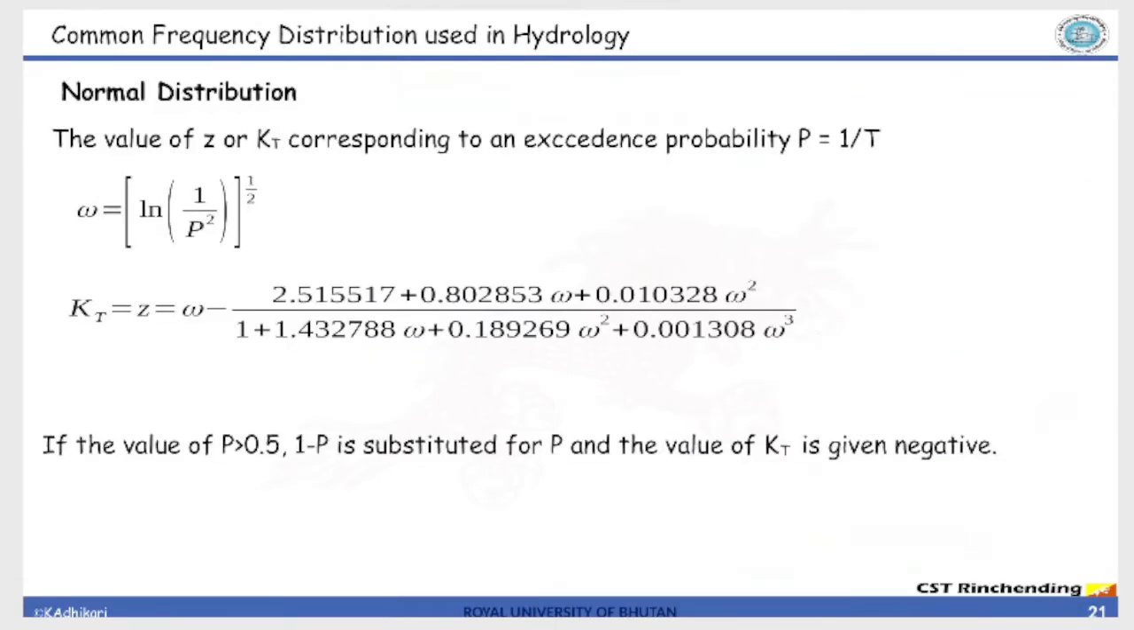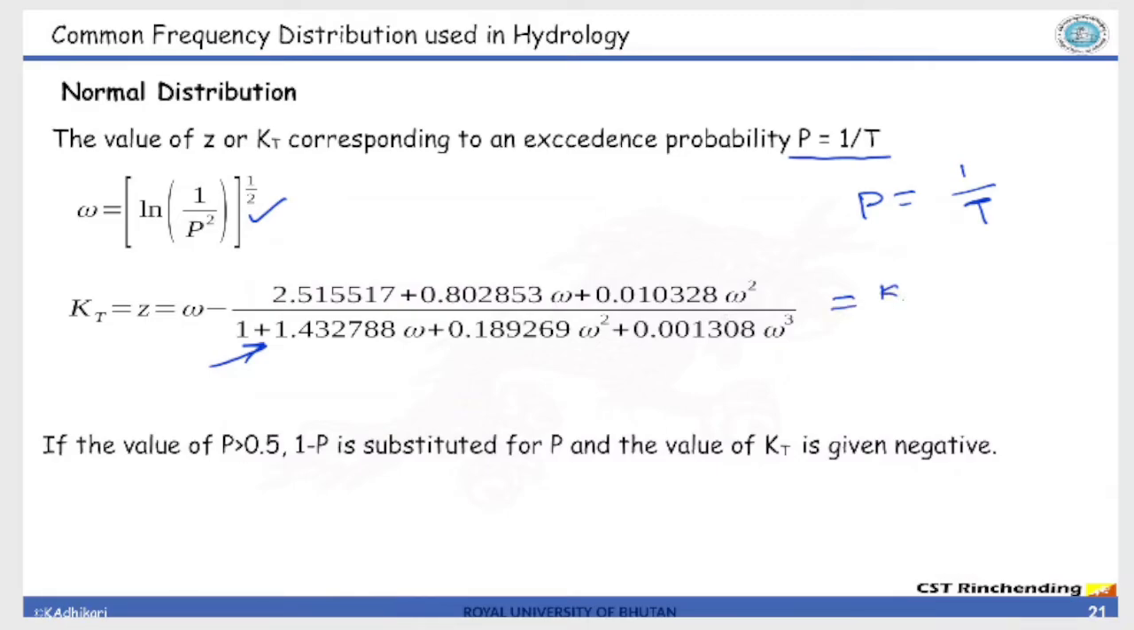To calculate the frequency factor, what we need is the exceedance probability. We have learned that the exceedance probability is 1 by T, where T is the return period. Based on this we plug in. First we calculate omega. Omega is given by this equation, and KT, the frequency factor, is a function of omega, and when you plug in the function of omega in this equation you will get the value of